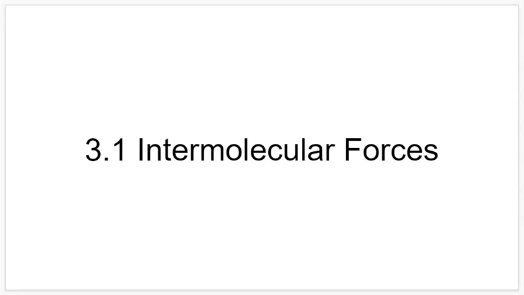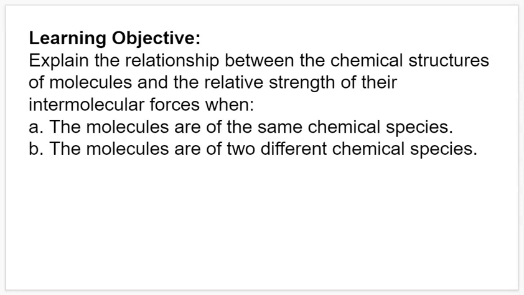Hello, AP Chemistry students. We've now arrived at Unit 3, and this is Section 3.1 on intermolecular forces. So our learning objectives here are to explain the relationship between chemical structures of molecules and the relative strength of their intermolecular forces when A, the molecules are of the same chemical species, and B, the molecules are of two